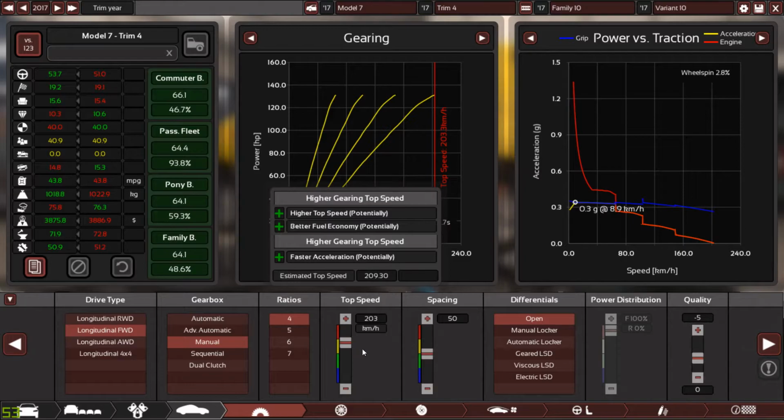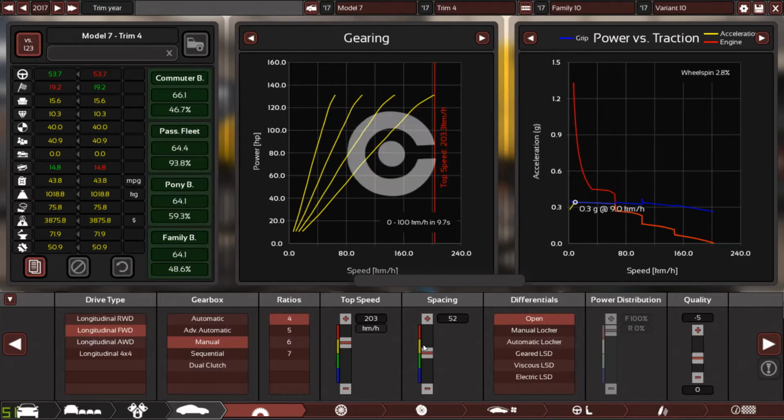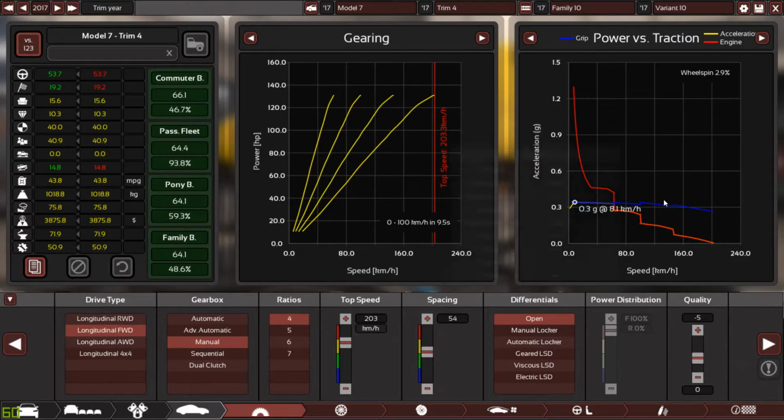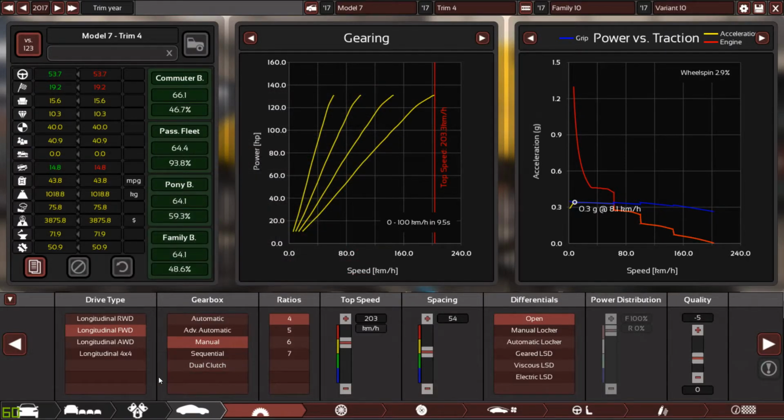So for speed, yeah, well, I'm using 5 speed. 5 speed is just more expensive. Wheel spin, who cares about wheel spin? I will care about economical runs. 9.5 seconds from 0 to 100 with 2.9% wheel spin. Alright, so this, and I think